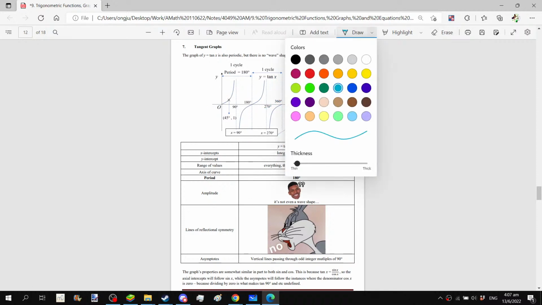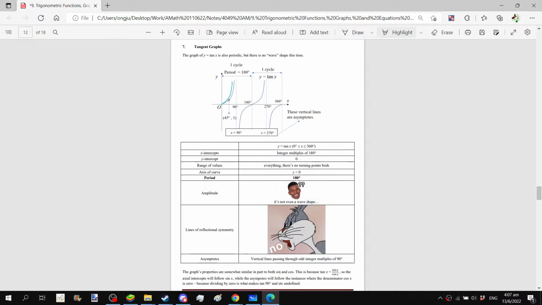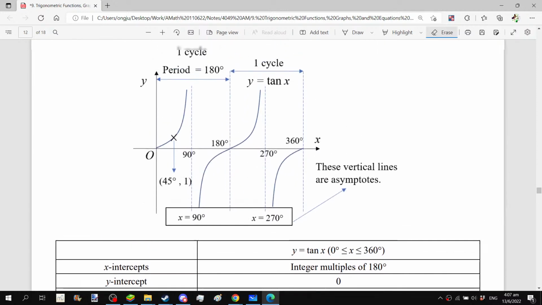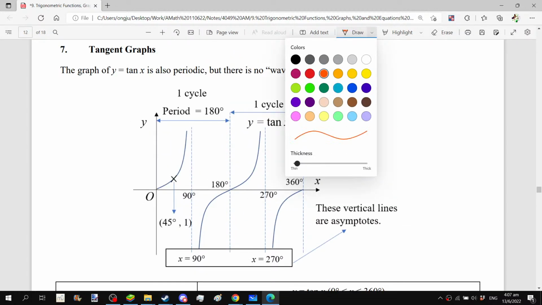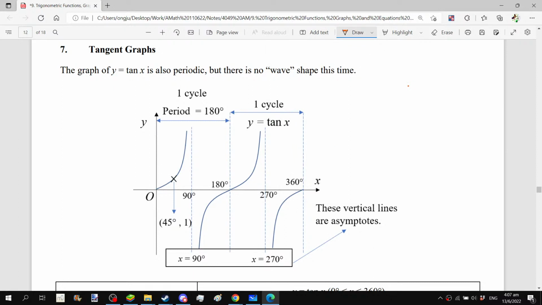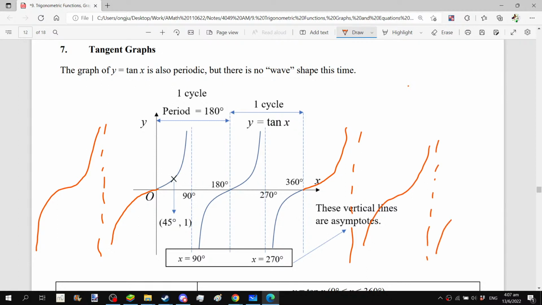Let's extend our drawing. From here, why is it still blue? Let me change to orange. Also, I might also zoom in a little bit. So if we extend this drawing for further values of x, you will realize that as you go to the left, you're going to get this shape, and so on and so forth. And over here, you're going to get this shape. That shape. And so you realize that the repeating unit is actually this extremely cursed